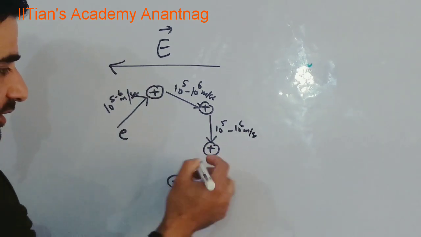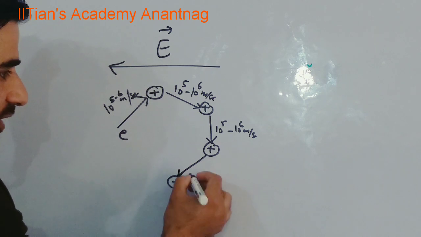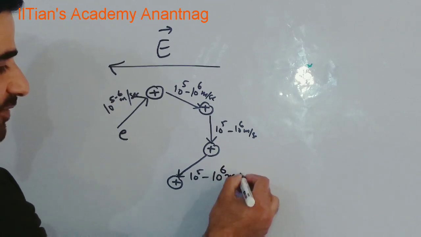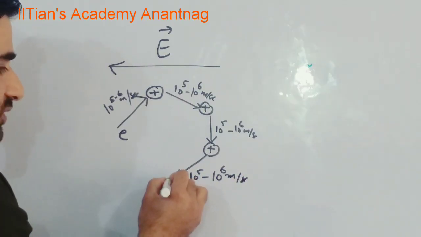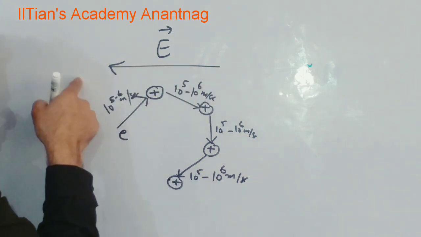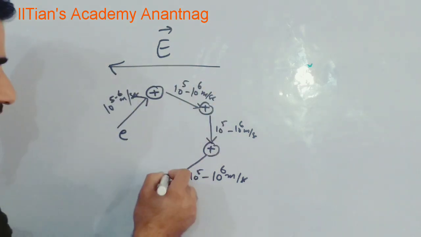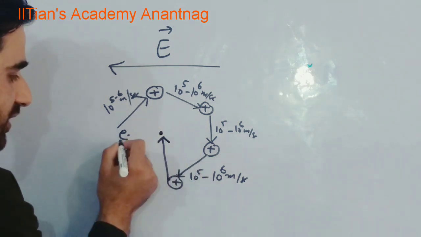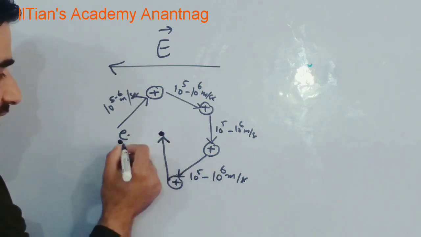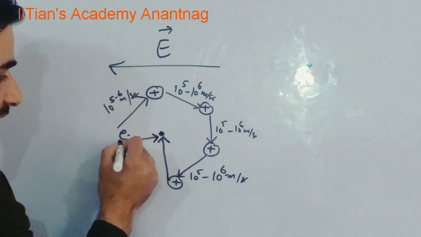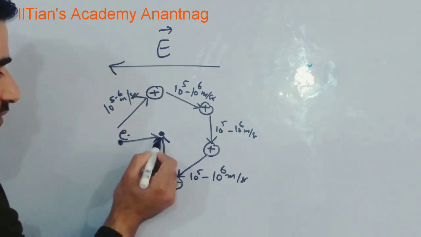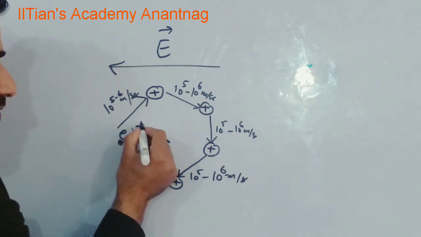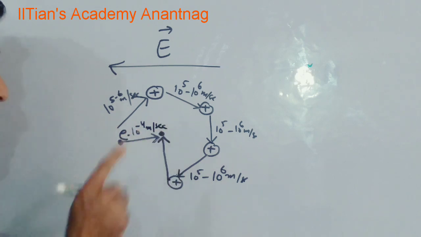Then this electron collides with this ion due to thermal motion. Again it comes here with a speed of 10 raised to power 5 to 10 raised to power 6 meter per second. Later on, suppose due to the electric field, now the electric field is in this direction, so the electron will be drifted in this direction. Suppose from here it goes something here. So initially the electron was here, now finally it is here. So there is net displacement from this position to this position, and the speed with which it has gone is drift speed, that is of the order of 10 raised to power minus 4 meter per second. So it should be clear.